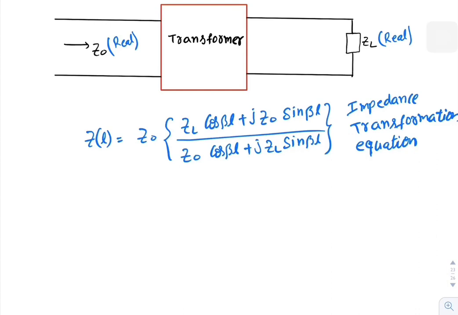That means by using a transmission line, I can design an impedance transformer. If the length is varied, the impedance will vary. But implementing this concept on a Smith chart requires a normalized impedance. That's why we defined normalized impedance Z bar of L equal to Z of L by Z0. And we have seen the properties of this normalized impedance. One such property is that this normalized impedance repeats for every lambda by 2 distance.